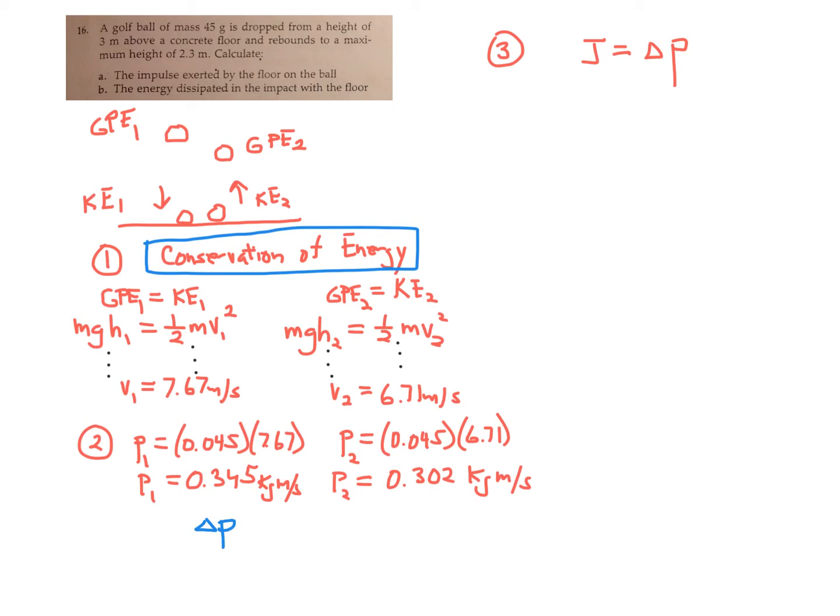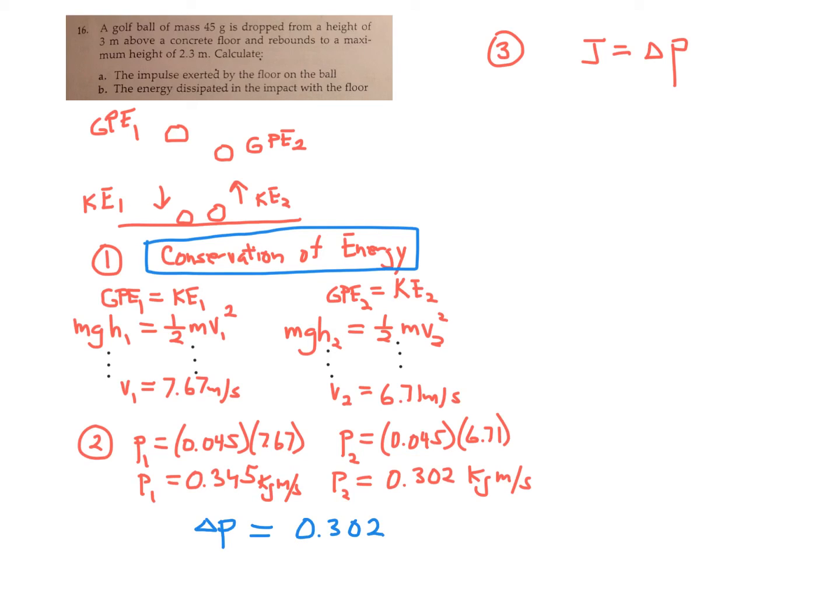Now, if a ball is going down and then reverses direction and goes up, we would have to call one of those directions negative. You can call the down direction negative, so the original number is negative 3.45, and then the final momentum is 0.302 up, and if you subtract those two, that's the change. In other words, the change is going to look like you're adding the two numbers. If you want to put the negatives in there, which tend to sometimes complicate the problem, it would be something like